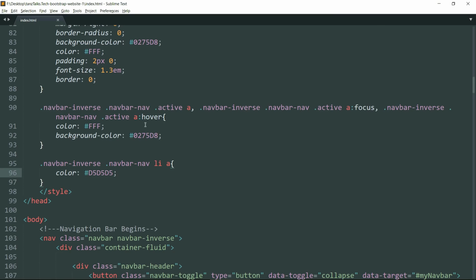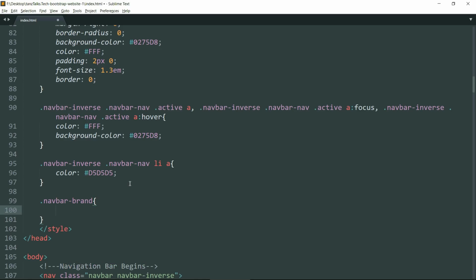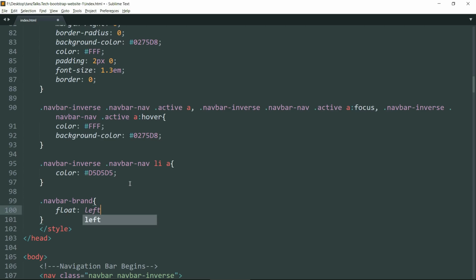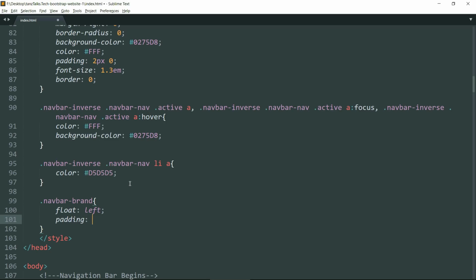Now drop down, create a .navbar-brand. Now this .navbar-brand contains the logo. Let's give it float left and padding at 0, 15 pixels, then 5 pixels, then 35 pixels.